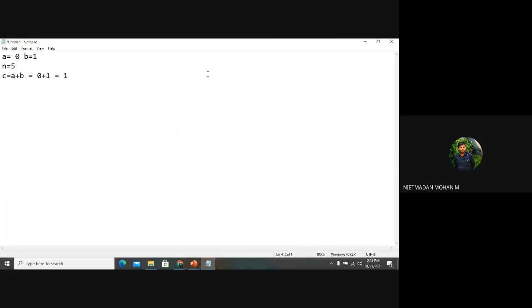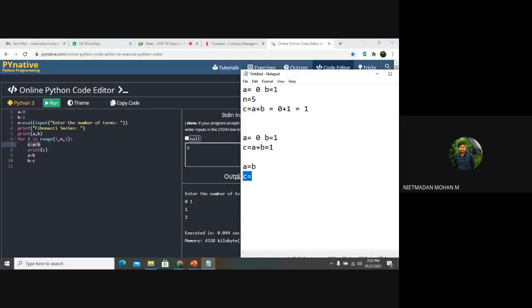So what we have done first is A is equal to 0, B is equal to 1, we have represented, and C is equal to A plus B, we have represented. So in this case, these 2 values have already been printed in the print statement, and this line also has been printed in the print statement. And again, what we want to do is change the value, that A is equal to B and B is equal to C. So why is it so?